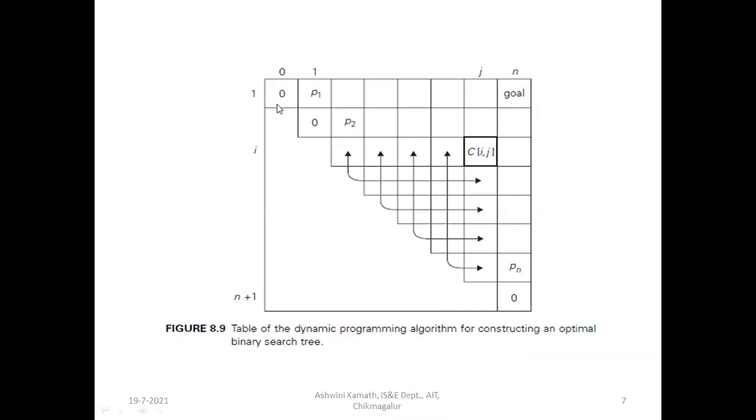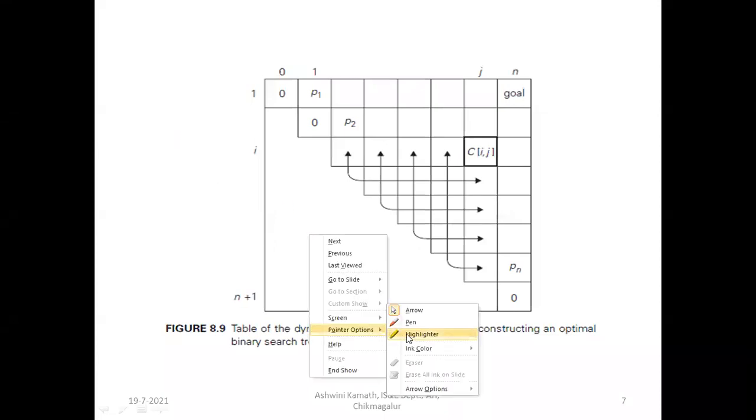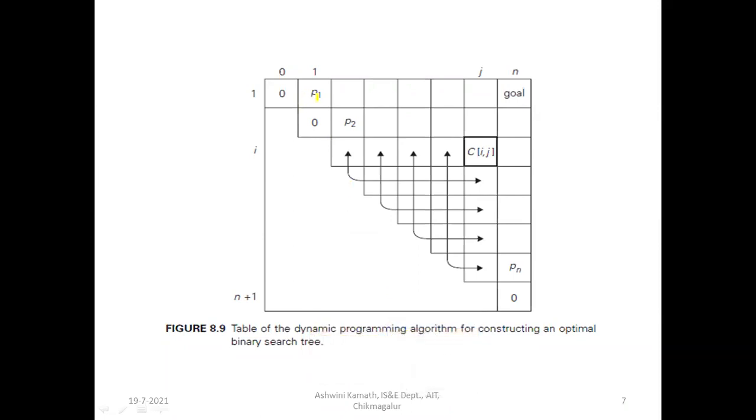Here you can notice that below the diagonal elements we don't have any values. You need not find the values below the diagonal elements. We have to find the elements above the diagonal, the upper diagonal values, so those values we have to find out. These are the diagonal elements, and for the elements below them, you need not find any values.